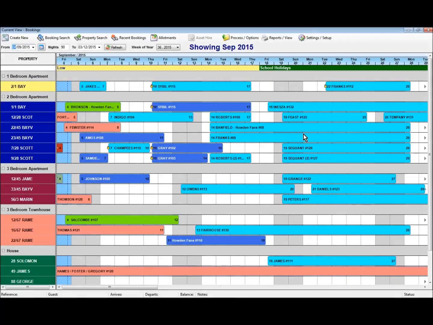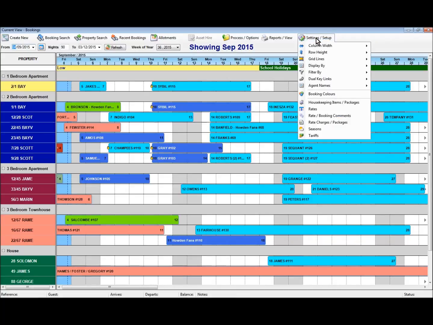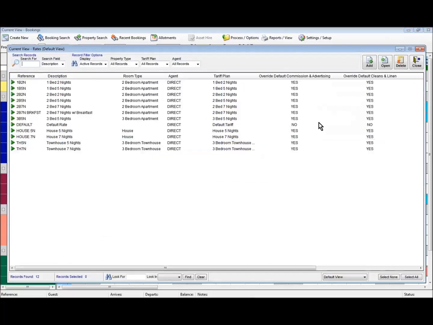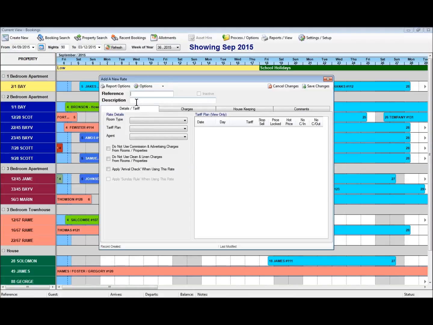Okay, in this video we're going to set up a rate, now that we've got our charges, comments and housekeeping items all set up. So under settings and setup, under rates, there are a few already pre-set up. We're going to look at just setting up a rack rate or a standard rate for our two-bedders. To add one in, we click the add button at the top here, put in my reference,